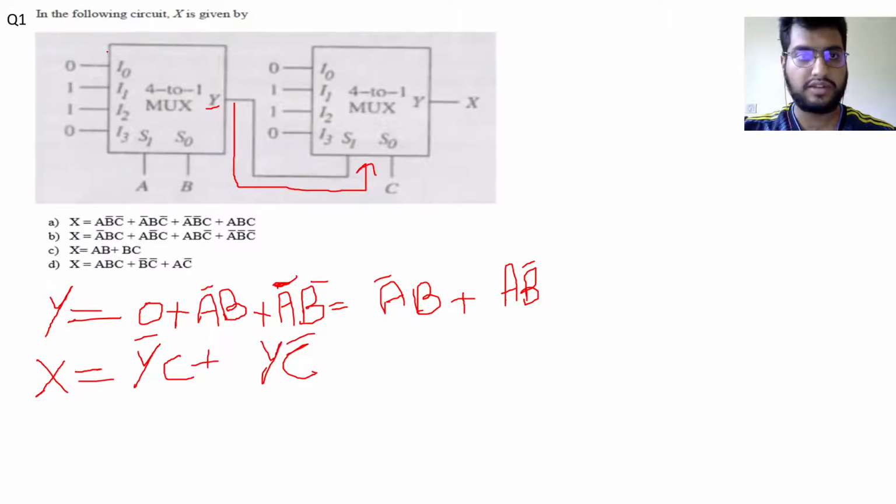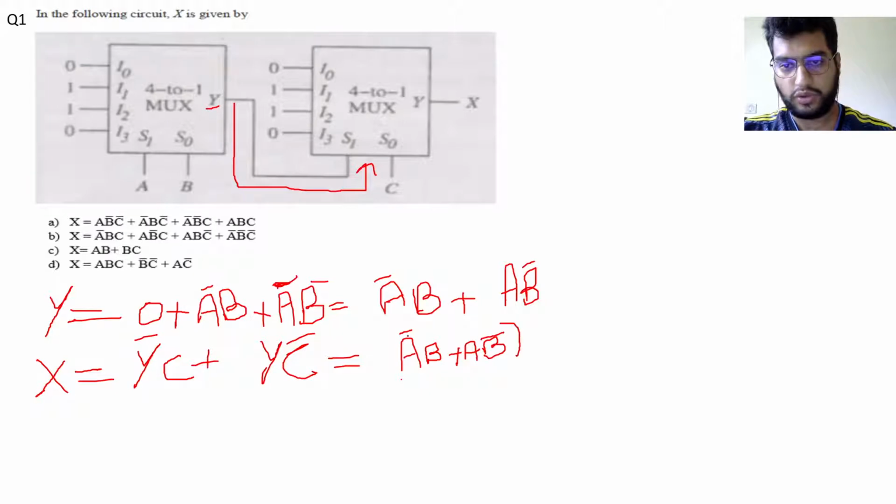If you look, this configuration is the same, the only difference is that A is replaced by Y, which was the output of this mux. So X is equal to Y bar C plus Y C bar, and Y is A bar B plus A B bar. Just substituting this Y, we have A bar B plus A B bar,